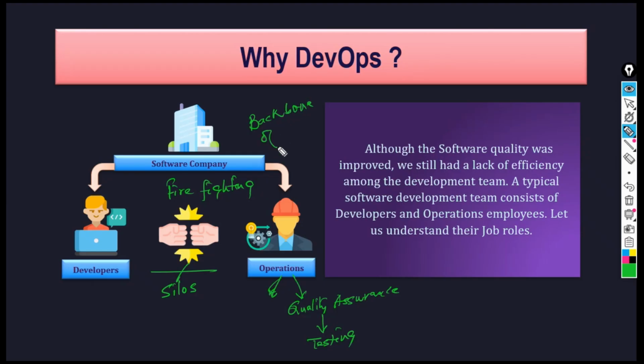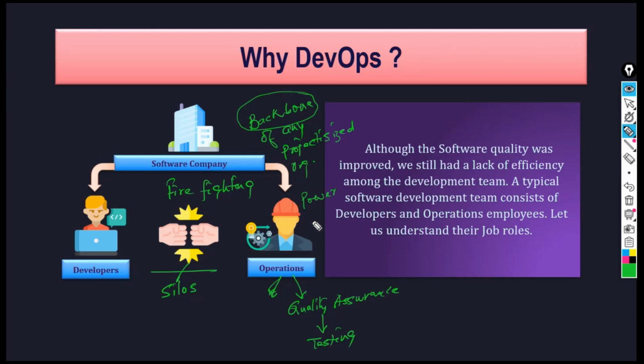Operations is the backbone of any projectized organization. What is a projectized organization? A projectized organization is an organization which works on projects for software delivery. So there, the operations team is the backbone, not the development team. They are the backbone of this particular organization. So they have a lot of clout. They have a lot of muscle power, lot of power. They wield a lot of power.